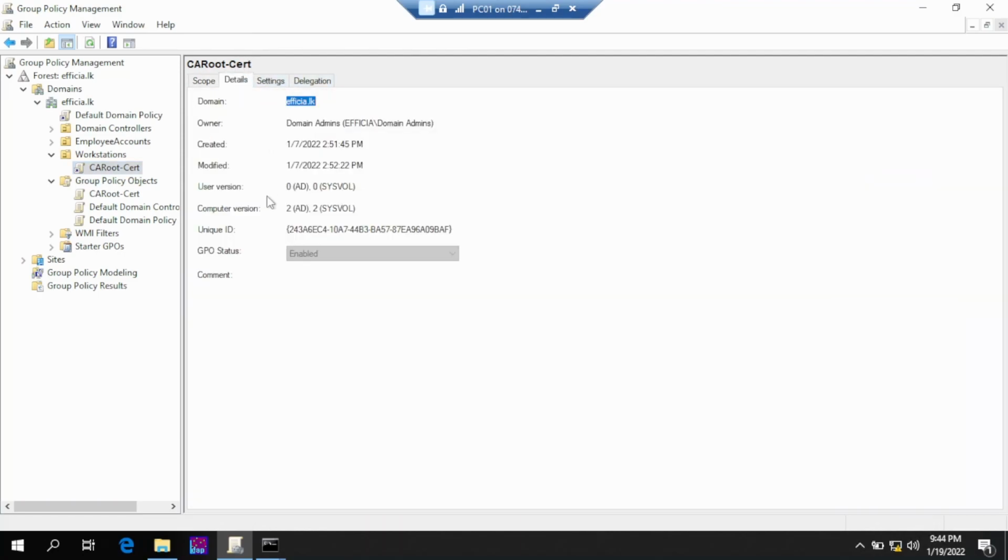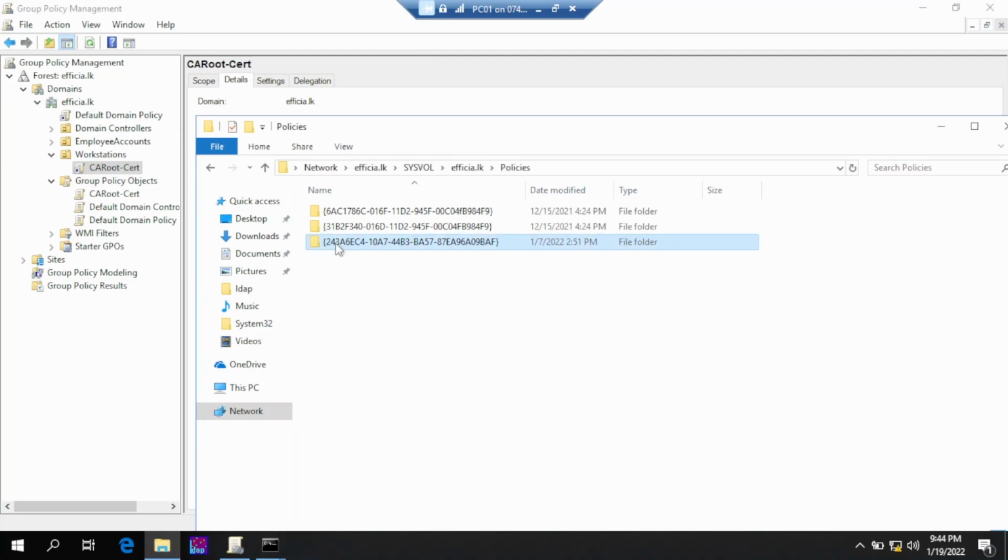Under details, you can get the unique ID, in my case starting with 243A. All the domain controllers should have the modified date as this. If there is any mismatch, the users connected to that particular domain controller will be affected.